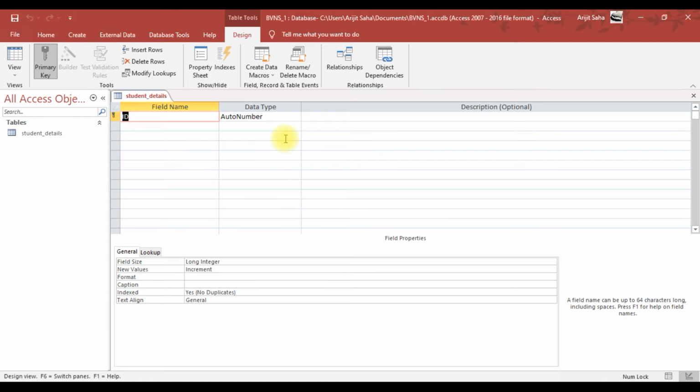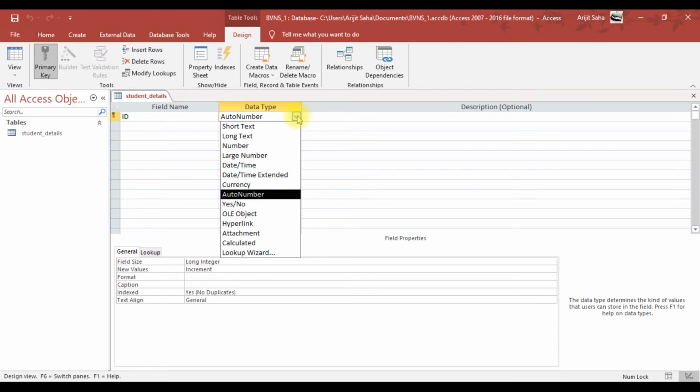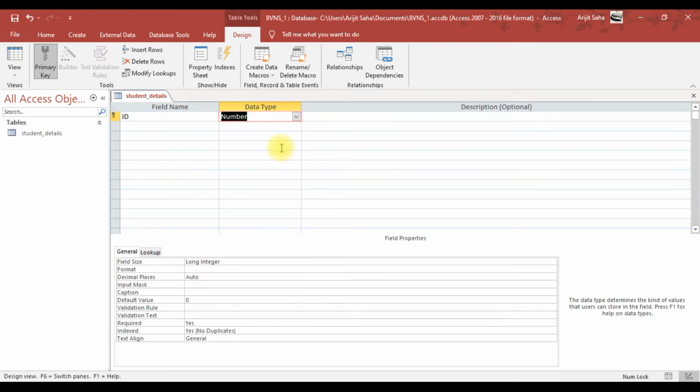So we usually use the Number data type that is given here. We use it to store all kinds of numeric information that can also be used for calculations. We have to remember that this Number data type can have a maximum field size of 16 bytes. That means this field can store up to 16 bytes of data.